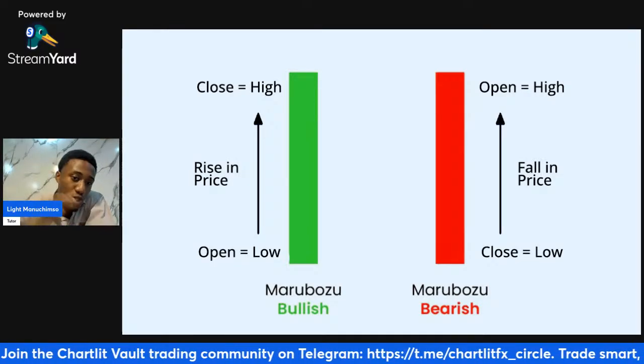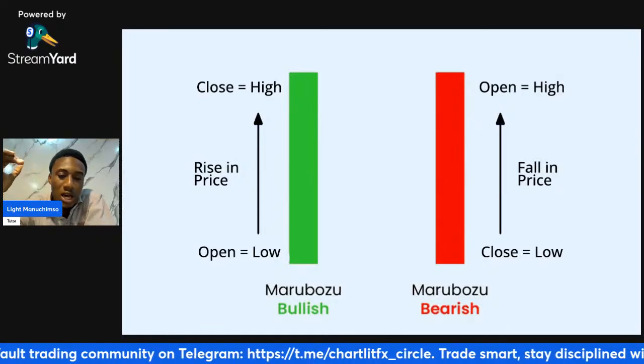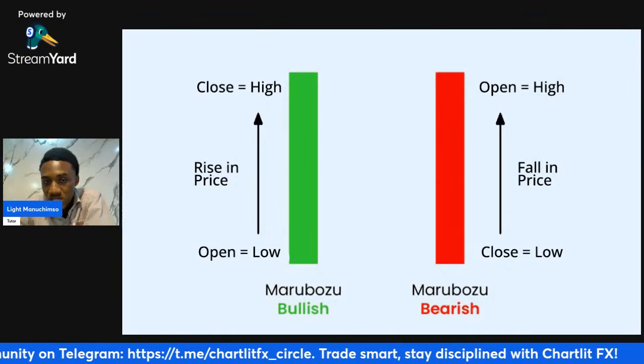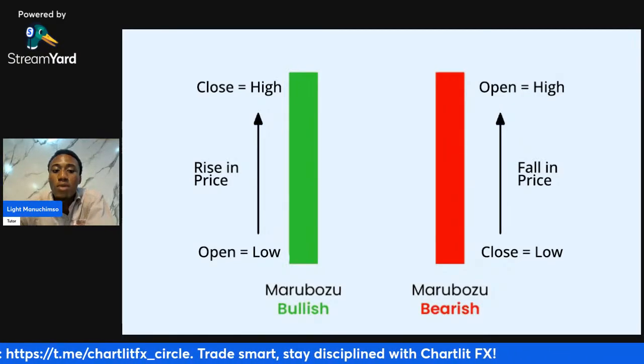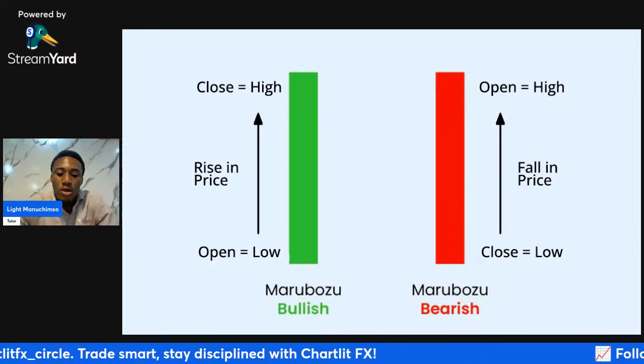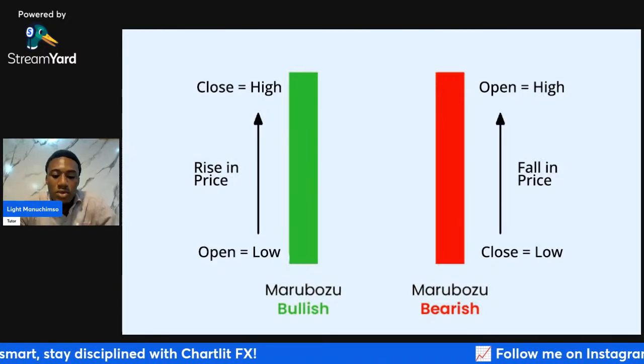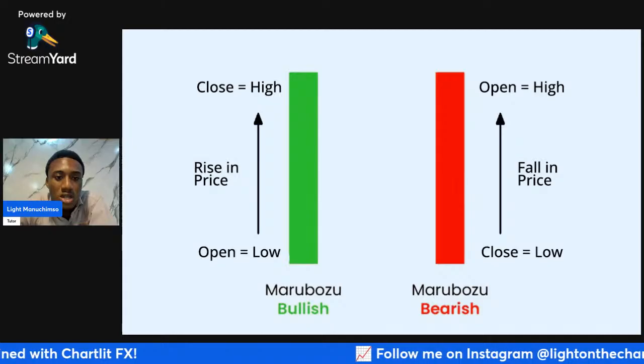It means buyers have pushed price upwards and sellers are stepping in to push price downwards. So that is it for the Marubozu candle. And the next candle we are going to be looking at is